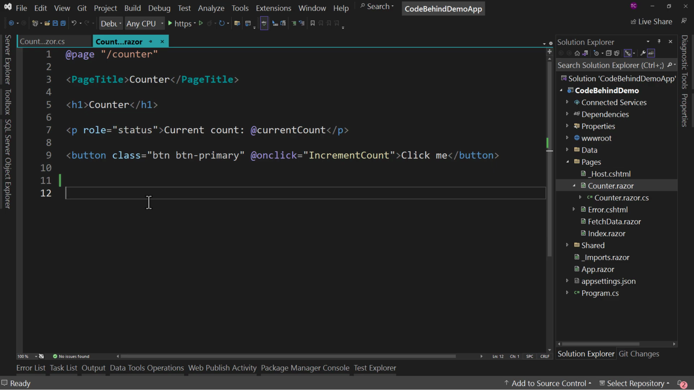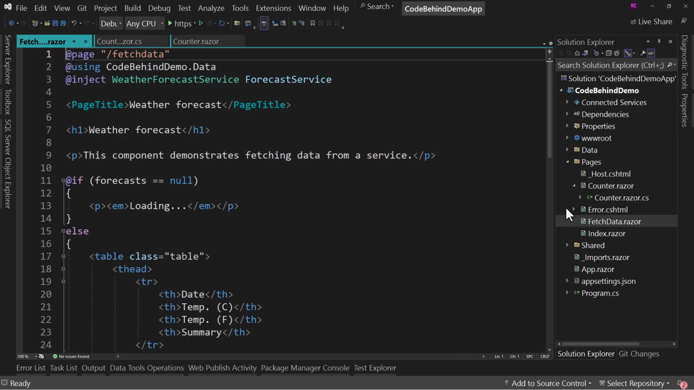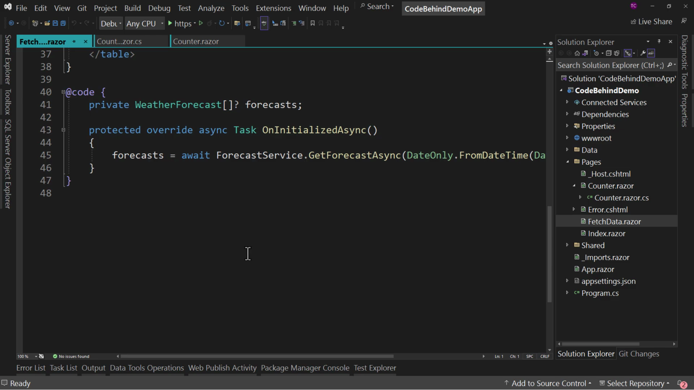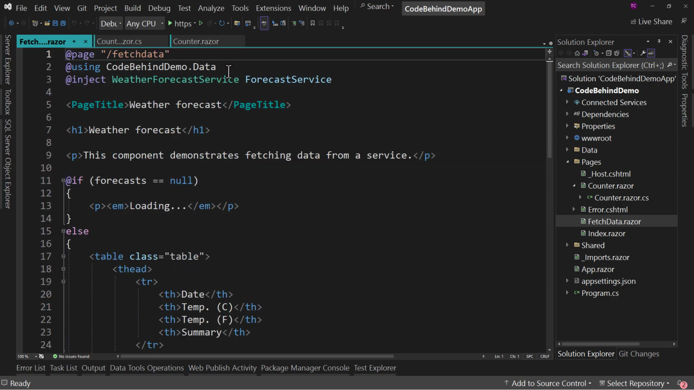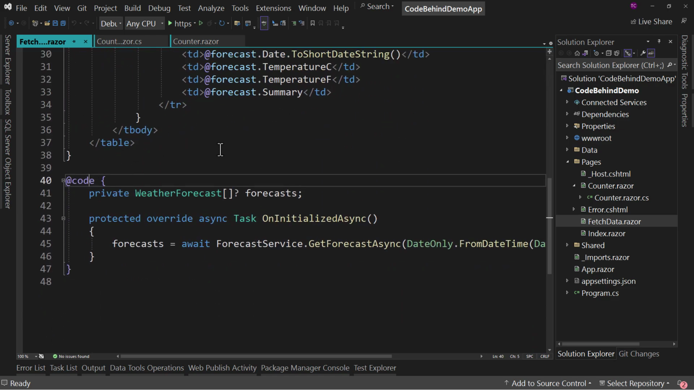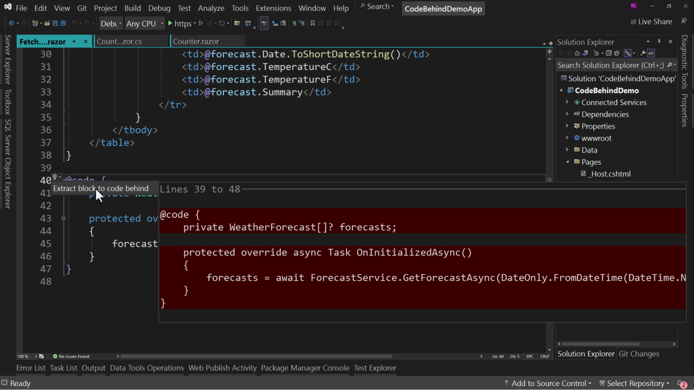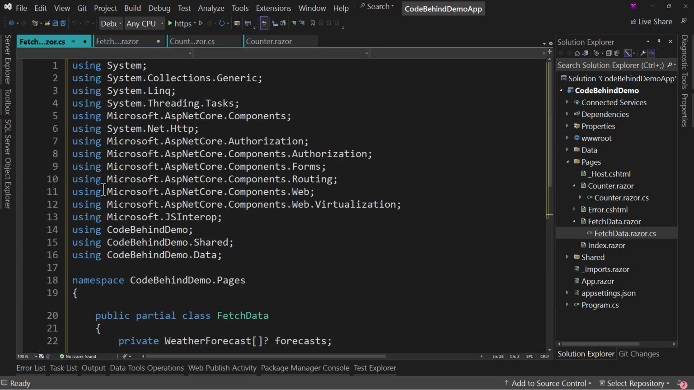But I do want to point something out, and that is, if we go to fetch data, there's more to this page than just a little bit of code. Because if you look up here, we have an inject, which brings in something from dependency injection. This is something that earlier versions of Blazor kind of struggled with when we moved to a code behind. So I want to show you how this works now. So if I were to say Ctrl+. to extract block to code behind, so now we have code behind